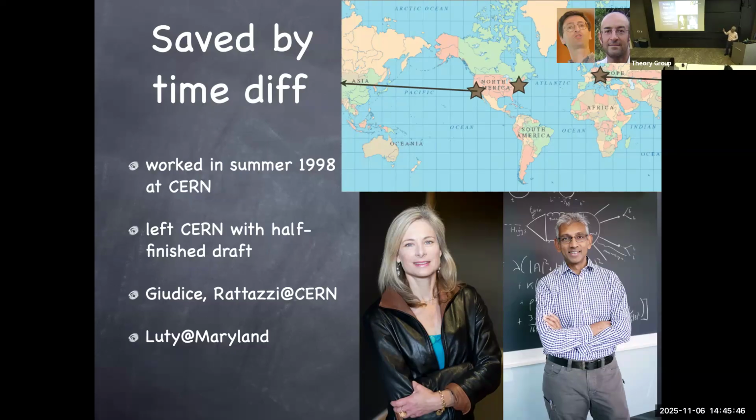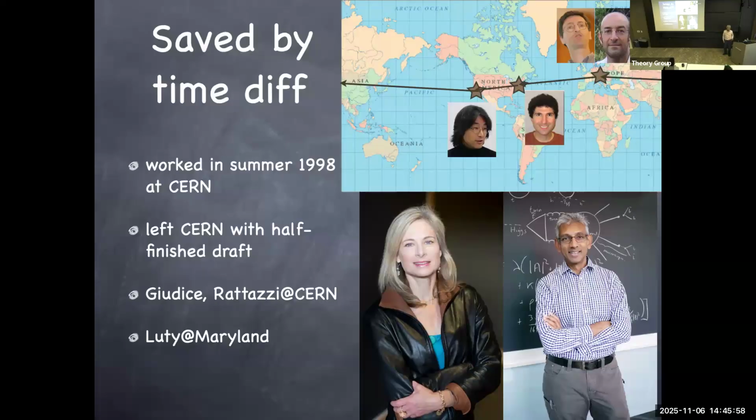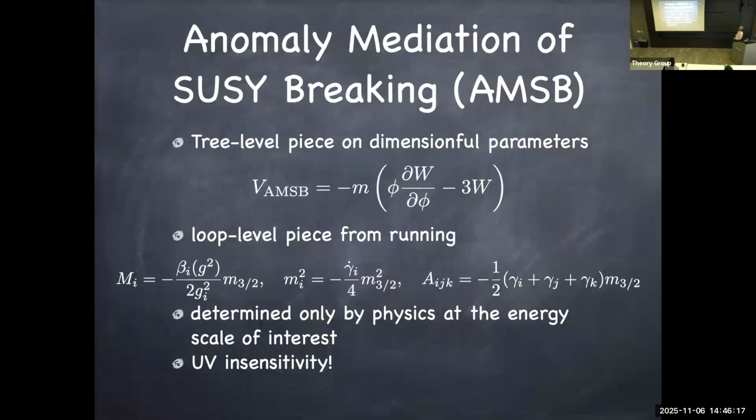So they started to work on the draft. And when they went to dinner, they handed the paper over to Markus Luty, who was on the East Coast at that time, at Maryland. He kept working on the draft. And in the end, the draft came back to me. I finished it up and submitted it to the archive. So the papers appeared only one day apart. Otherwise, I couldn't have received 1630 citations for this paper. So this was really the time when time difference saved us. Otherwise, I would hate time differences. But at the end of the day, what you need to know is only this.